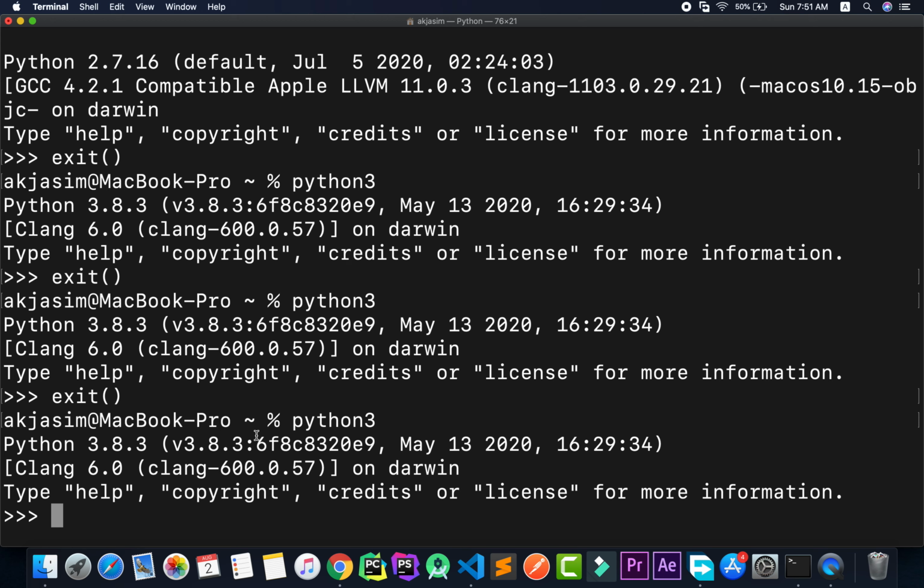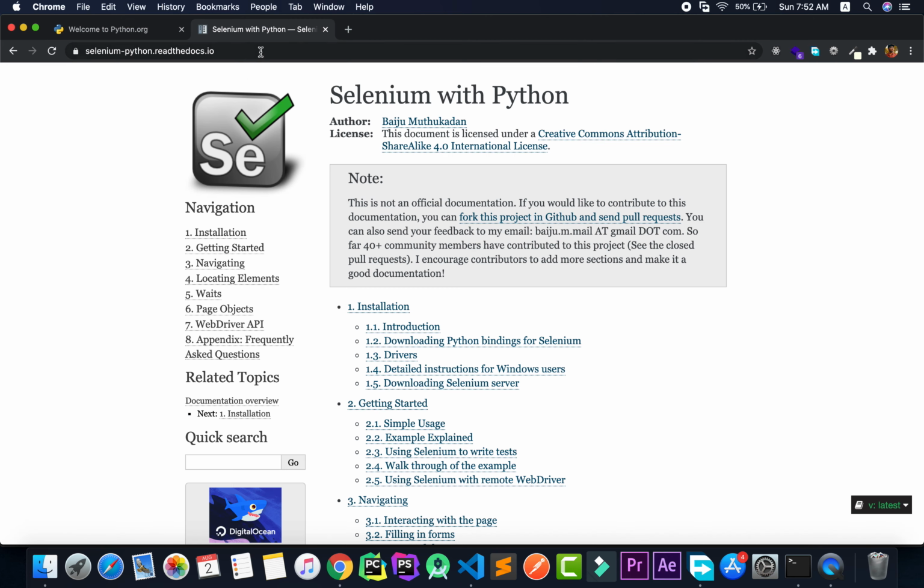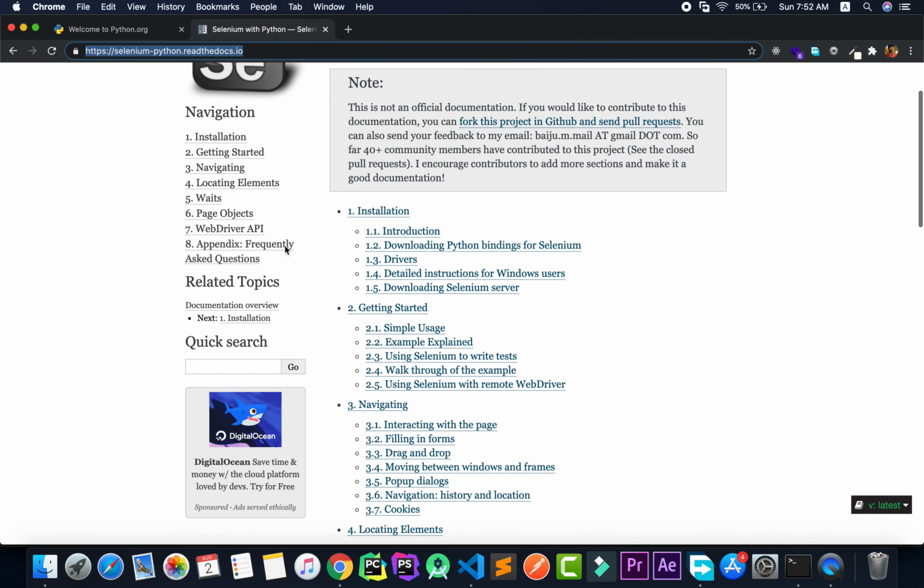Now the next thing we have to install is a package called Selenium. Selenium is a package that we'll be using for this Python automation. I'll put the link again in the description section, this one here. This is the documentation of Selenium.